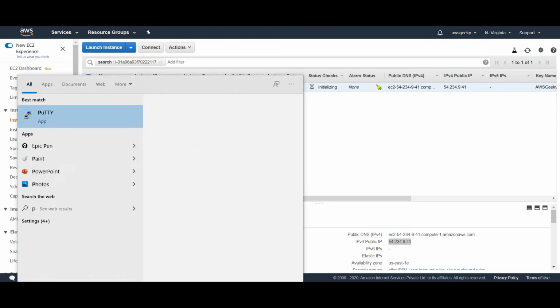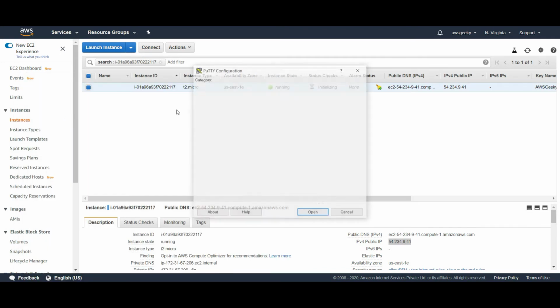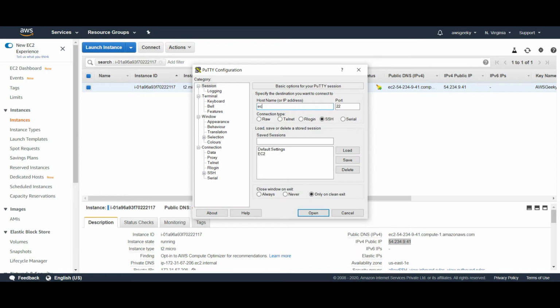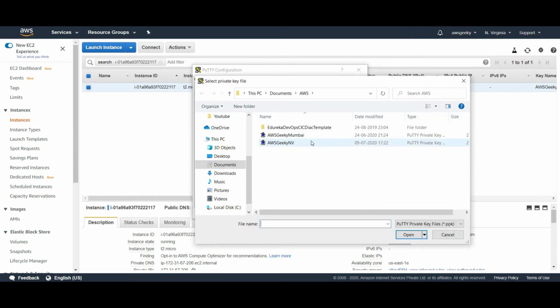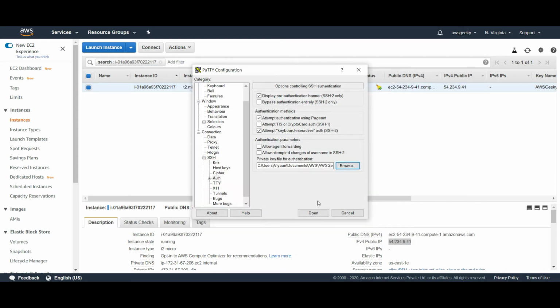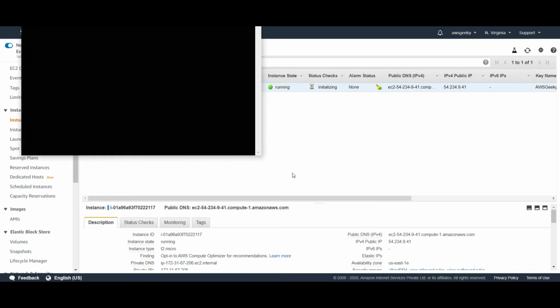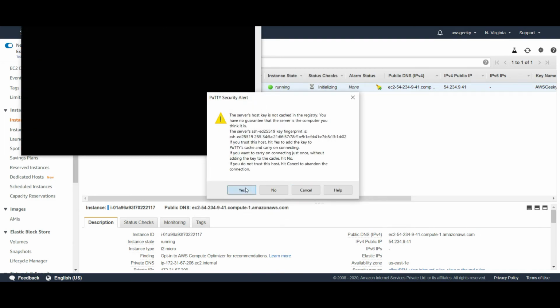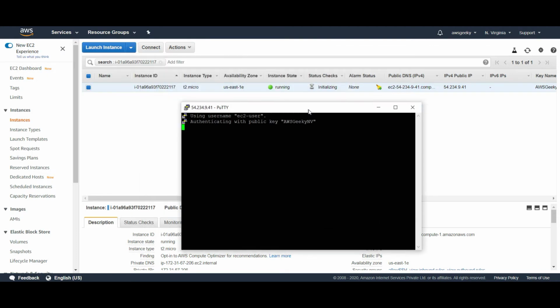So let me open my putty now. All right, now we have logged into my EC2 instance.